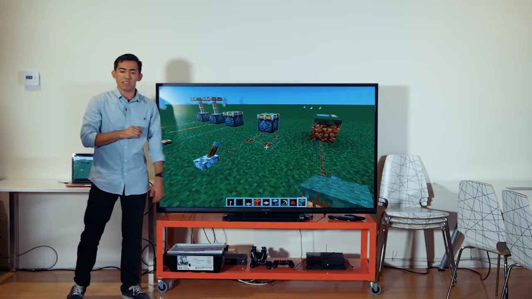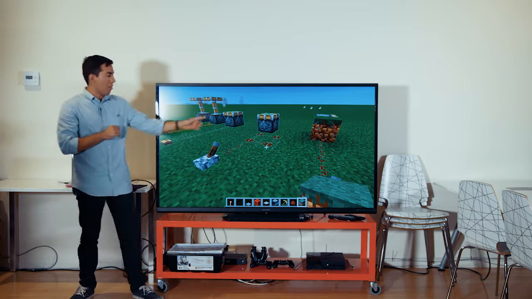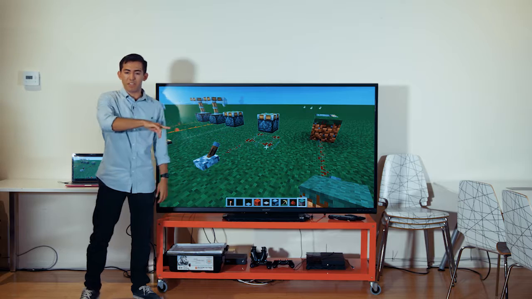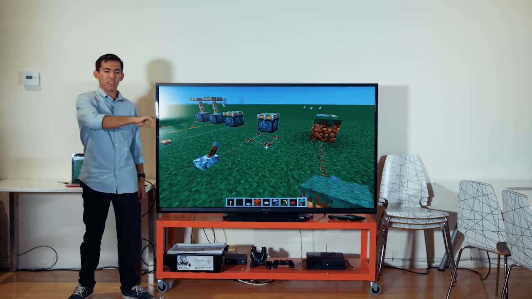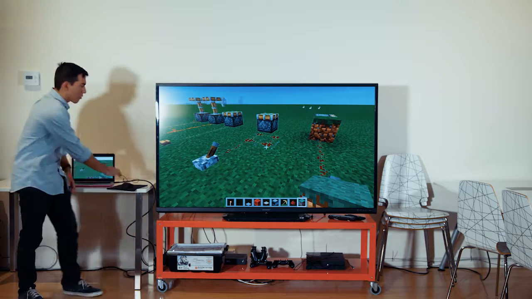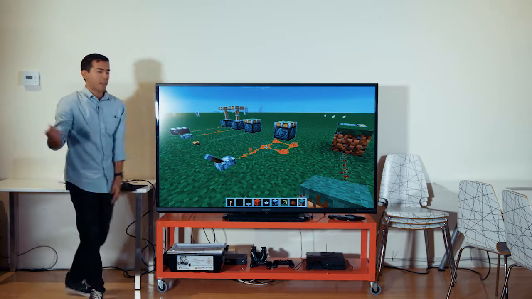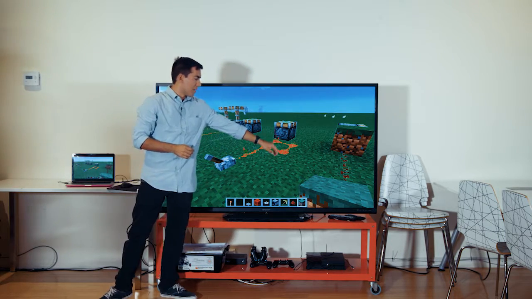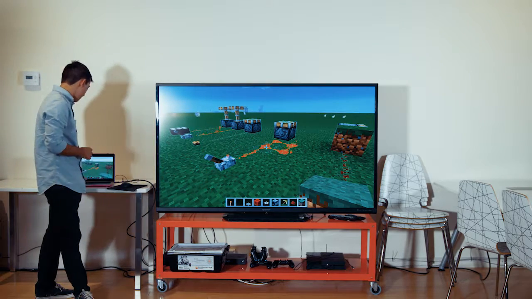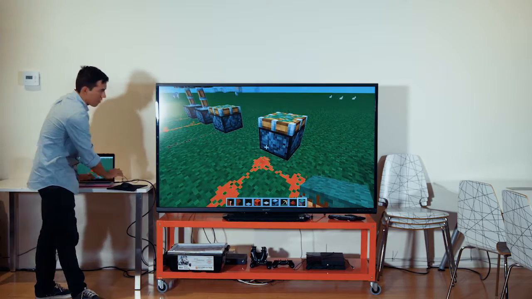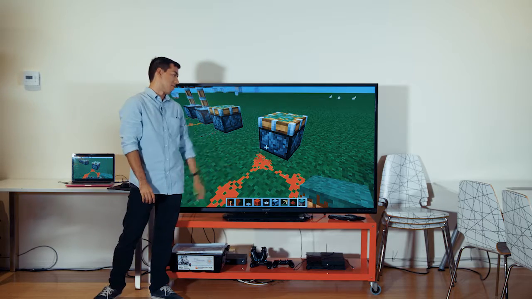So my question today is, if I push this lever, will that piston light up? Raise your hand if you think yes. Raise your hand if you think no. All right, moment of truth, let's find out. No, it did not light up. And that is because it is not connected. If we look closely at the piston, this redstone is not touching the piston. So it is not